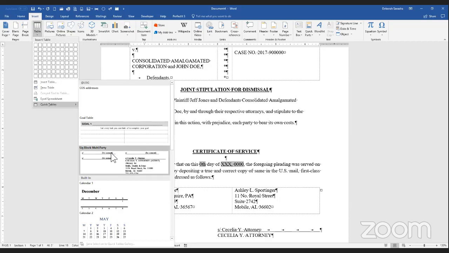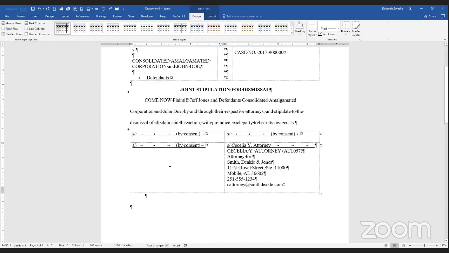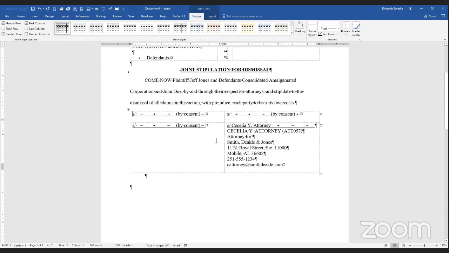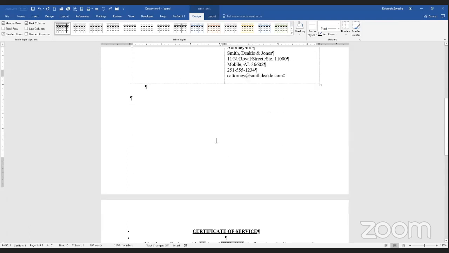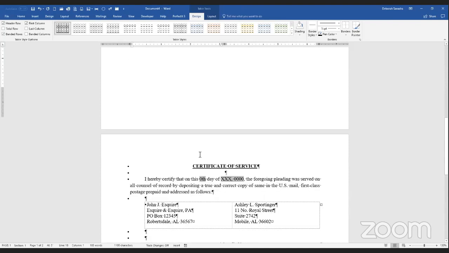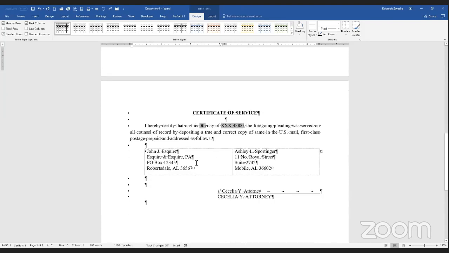Signature block multi-party. And I've already got the particular attorney that I'm working for already in here, and I can put the other attorneys in here. In fact, because I'm using the template for that particular case, I can just copy